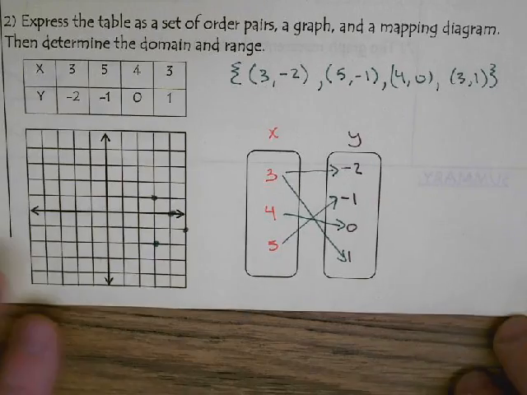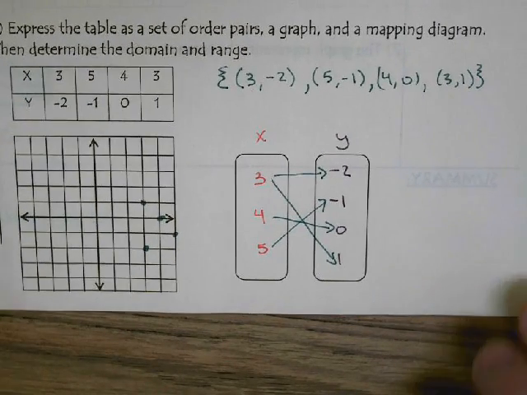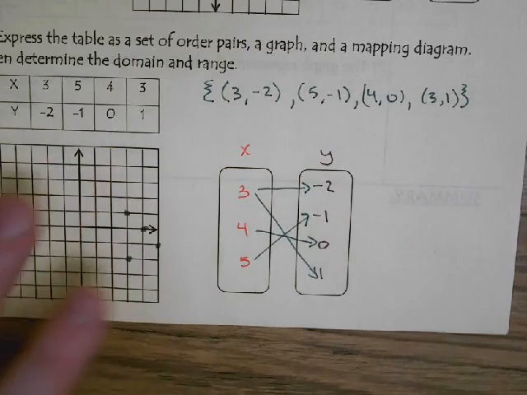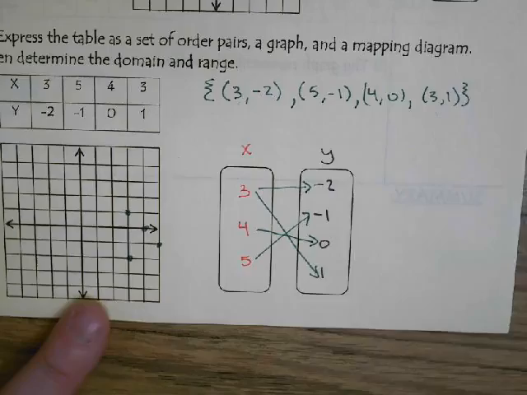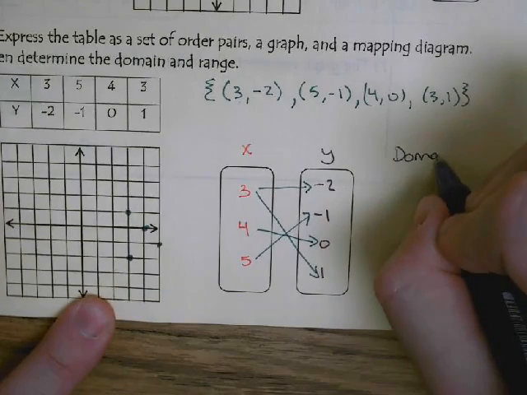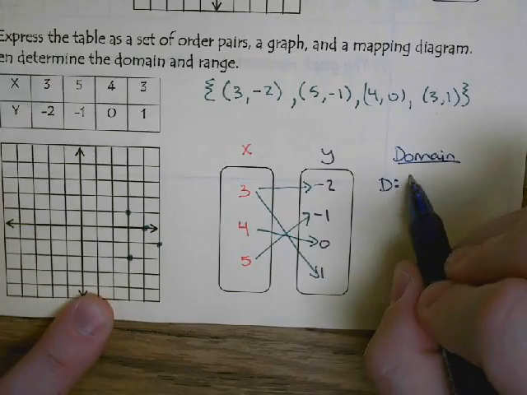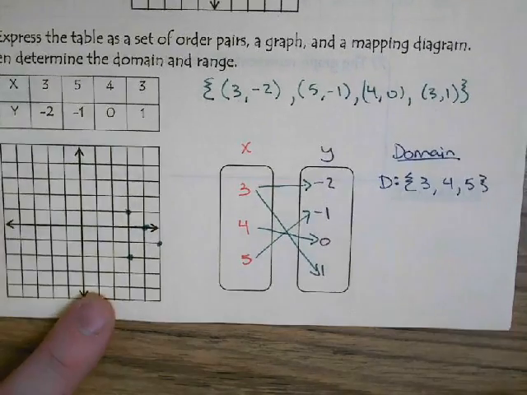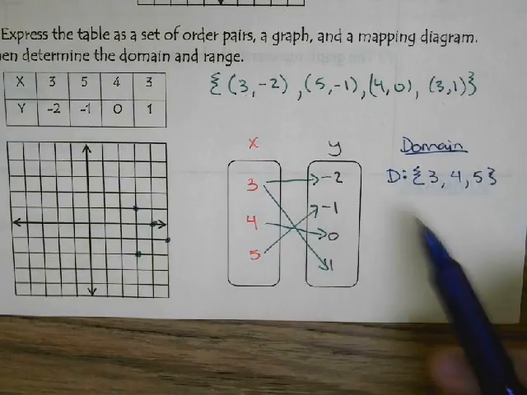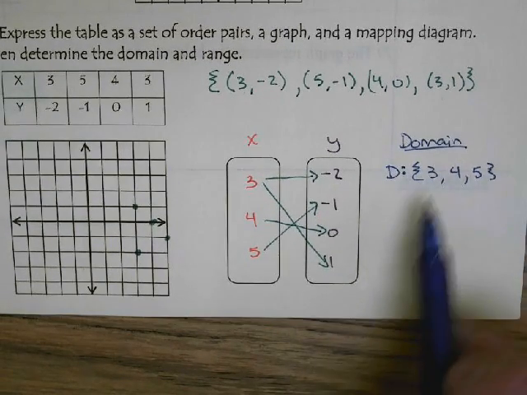Okay, now we want to talk about our domain and range. So the domain is just a list of all the x values. So if I wanted to talk about domain, I would just say the domain is 3, 4, 5. And it looks just like that. All I did is I have D for domain, colon, our little squiggly bracket, and then I just list my